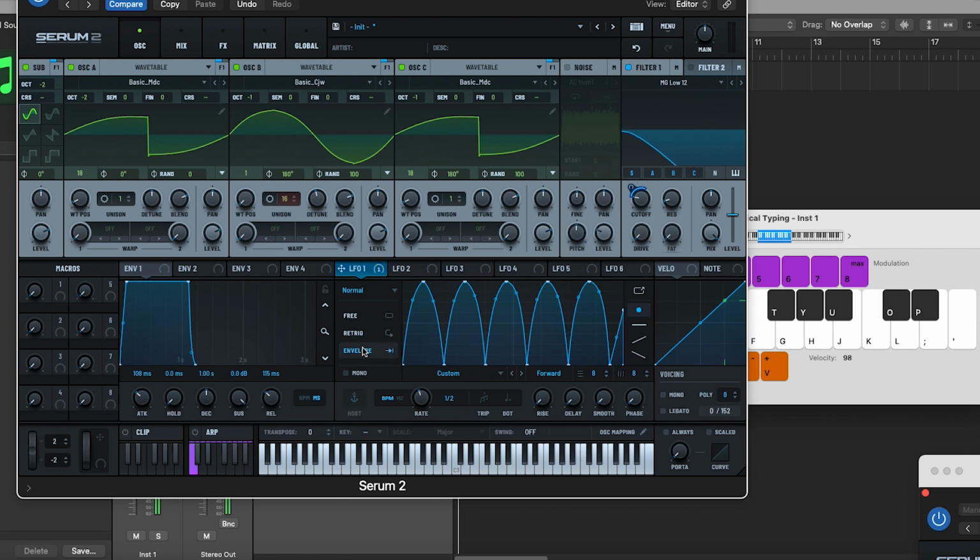and I just put that to envelope mode. Take that last one down, so we start getting some nice movement there. Just take the cutoff,